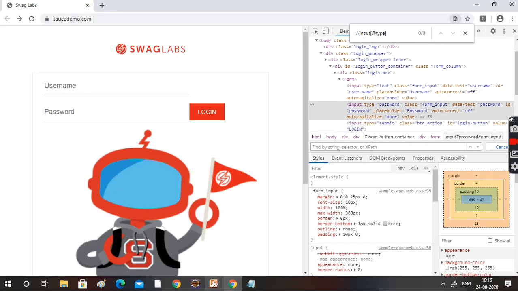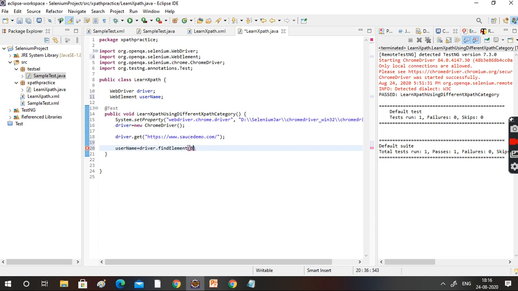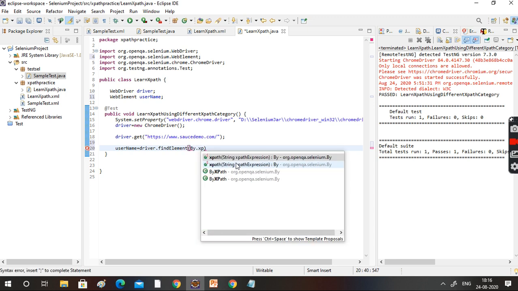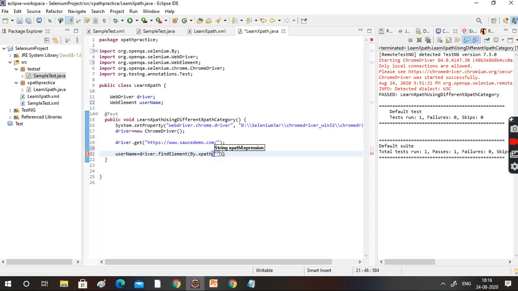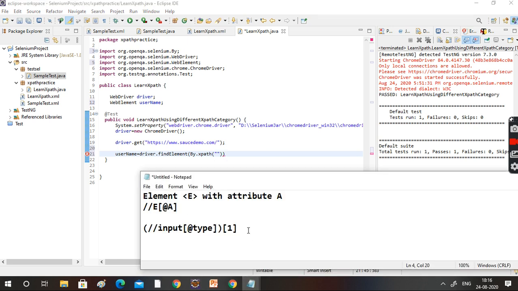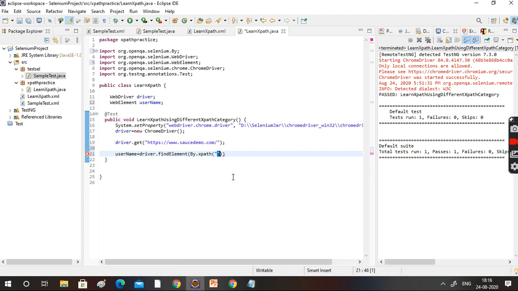Find this particular element by XPath locator, By dot xpath. And what is the XPath we identified? This is the one, right? Copy this, paste it. Okay, this is the XPath.